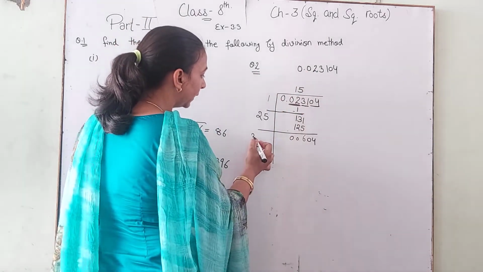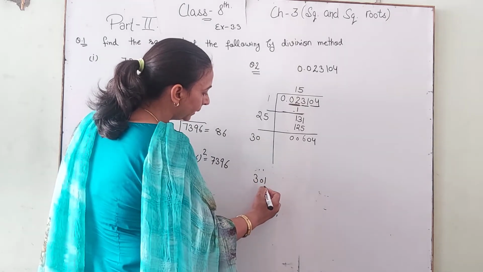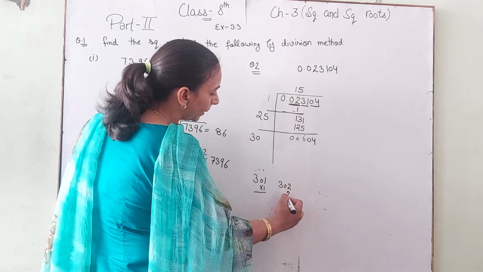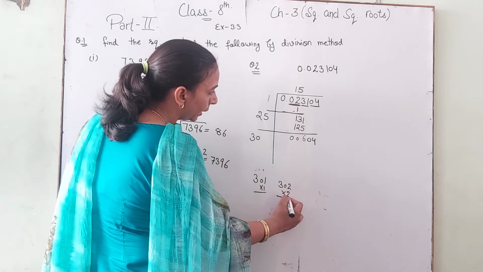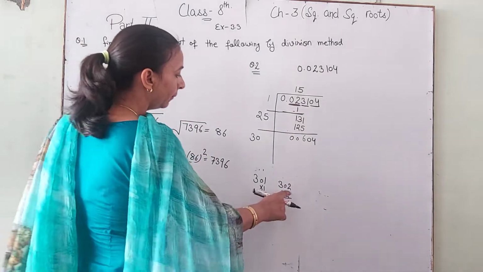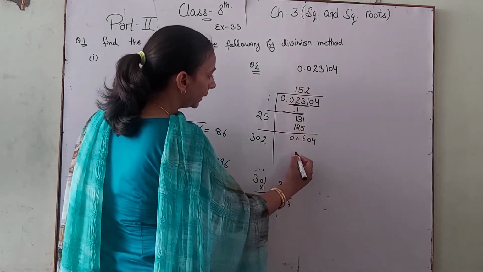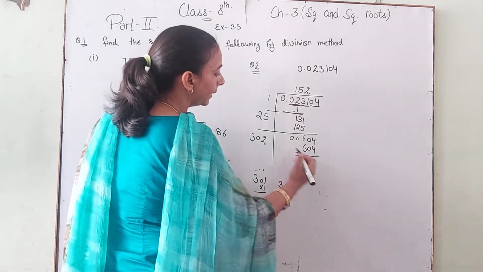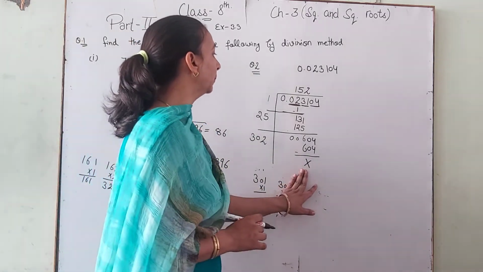Okay. Double of this, 15 twos are 30. If we take 301, then multiply with 1. If we take 302, then multiply with 2. And this is 4032... 2 sixes, this is equal to 604. Then we take 2, there is also 2, and this is 604. And if we subtract, there is 0. Okay. Then there is 0.